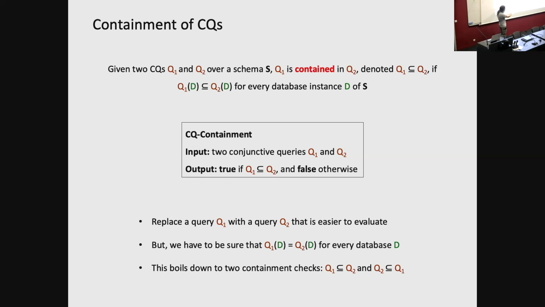But in the end, to check for that, what I need to do is just two containment checks, right? So this is how this static analysis task of containment comes into the picture when we talk about optimizing queries, right? Because it allows us, via these two containment checks, to check whether two queries are equivalent, right? And therefore, when I optimize my query in whatever way, I can, in principle, check whether the new query has the same meaning as the original one, right? All right, so this is containment. As I said, this is not only about conjunctive queries. The containment problem has been studied for several other formalisms, right, and several other query languages. But here, we